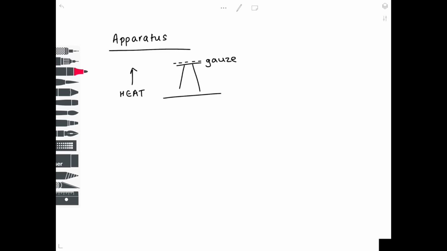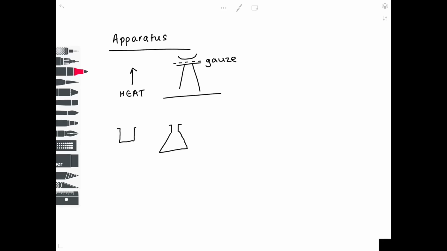And then that often sits on top of a heat-proof mat. And then while I'm at it, I might as well put an evaporating basin on the top so I don't have to draw it later. Your beaker is very basic, hopefully less wobbly than that. You have a conical flask, which is more triangular at the